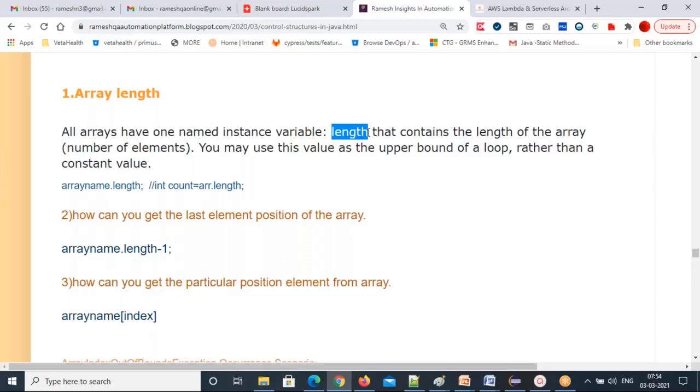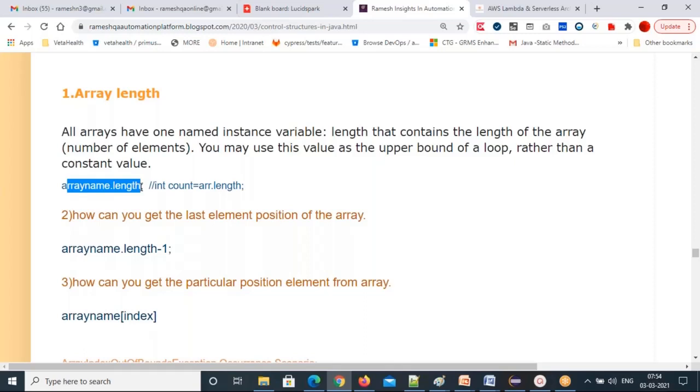And you may use this value as the upper bound of a loop. Your upper bound of a loop is represented by array dot length. Rather than a constant value, you can always write array name dot length as the upper bound. The minimum boundary, the initialization, will always be 0 only.